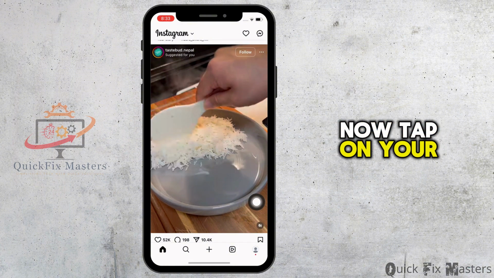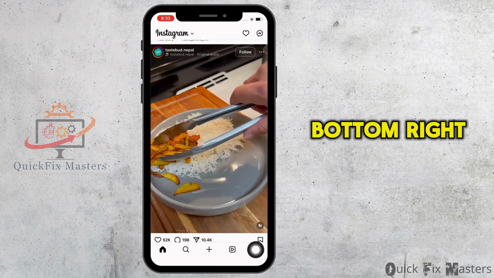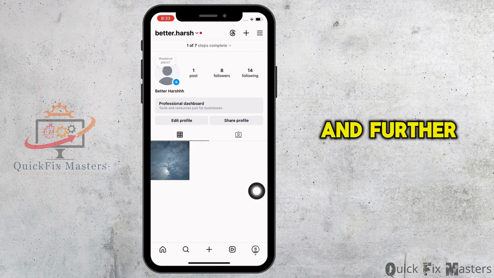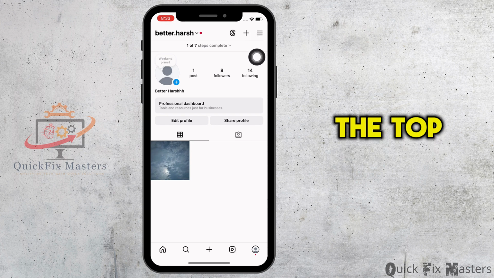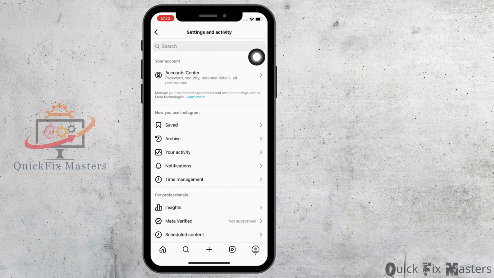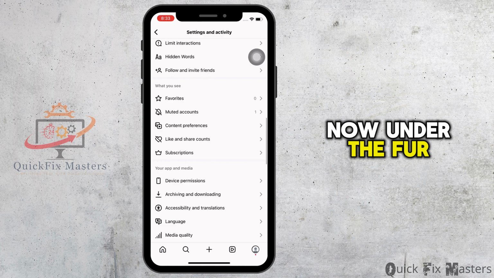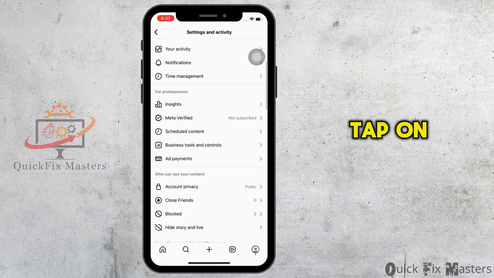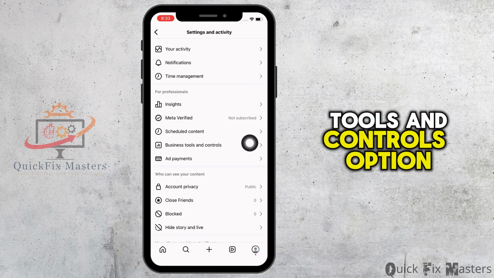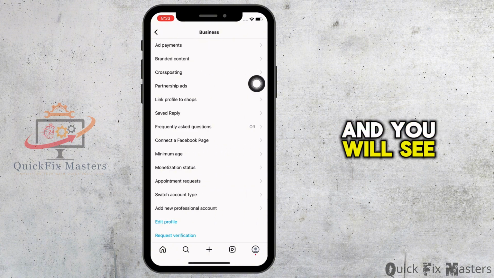Now, tap on your profile icon from the bottom right of your screen and further tap on the three lines on the top right of your screen. Now, under the For Professionals tab, tap on the Business Tools and Controls option and you will see the Switch